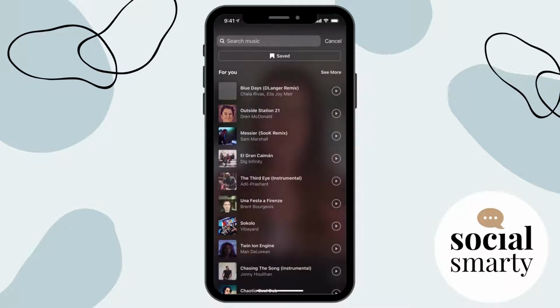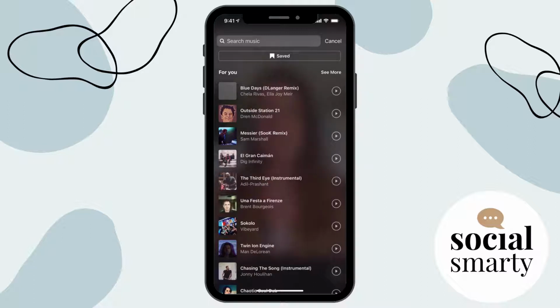Now, I have an account that doesn't have the good music, so I don't have access to the songs that we know and love. I have all the royalty free music. You might have heard lots of people talking about what kind of music they have access to with their account. I suspect it's to do with the fact that I have a business account, although I have heard of people with business accounts that have the good stuff.